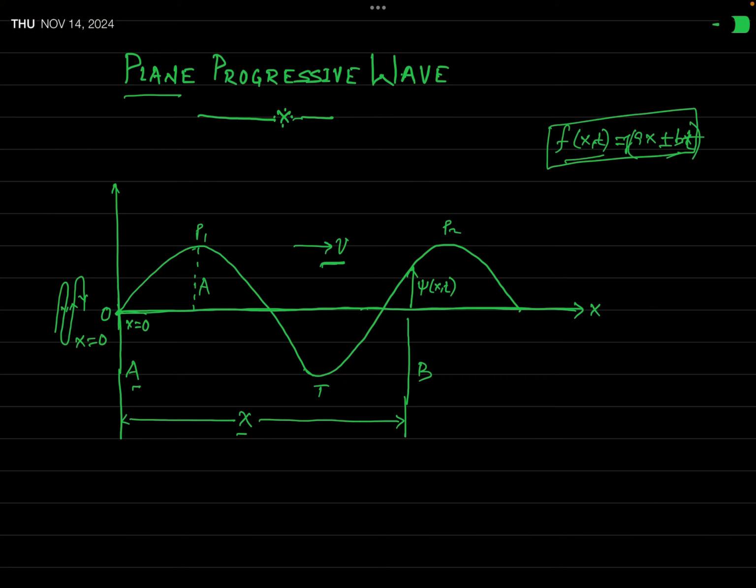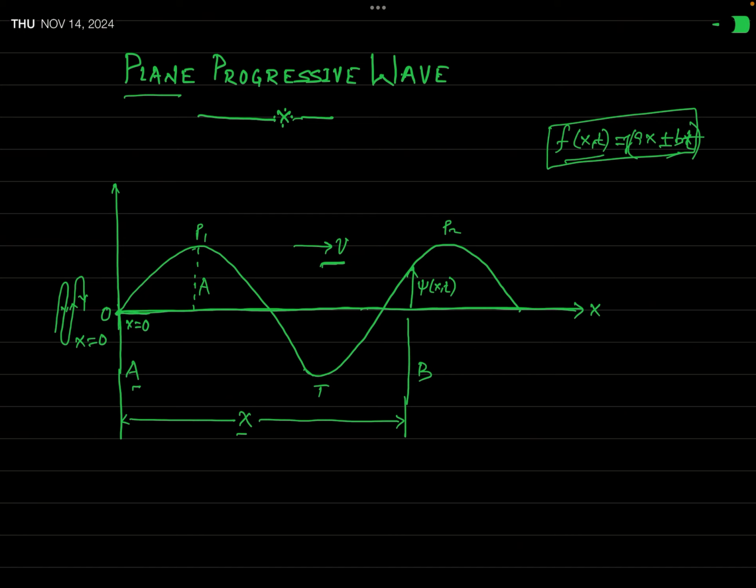It means the point x equal to 0 is disturbed at any time t. Okay, and this disturbance travels down in x direction. Okay, and the particles at this plane A start vibrating in a simple harmonic manner in a direction perpendicular to this x direction. Okay,